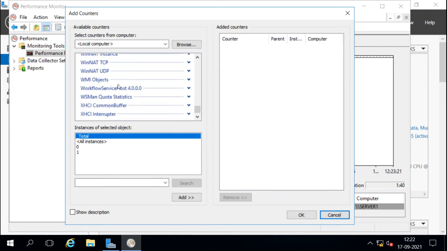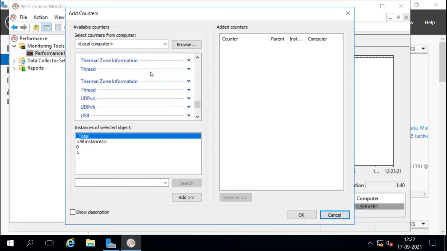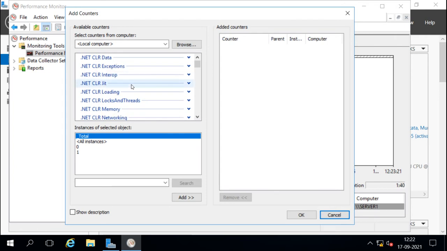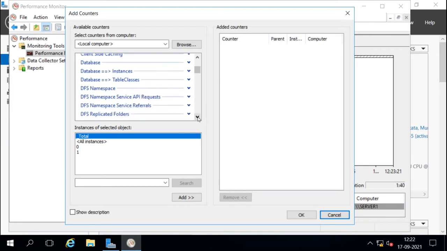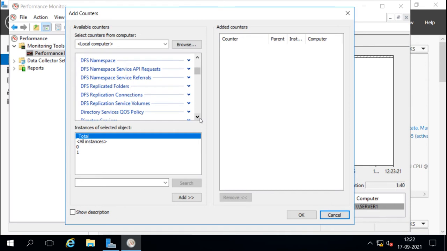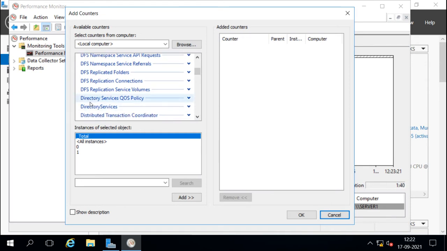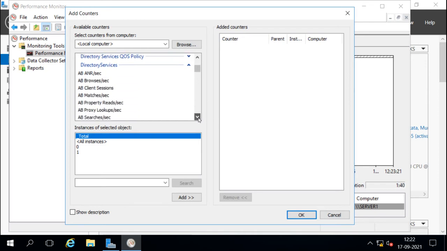For example, we can select the Authorization Manager application, and we can monitor the database. Client side caching is also there. We can monitor the DFS settings if we have configured DFS. Then we have the directory services. These are the counters for the Active Directory Domain Services.